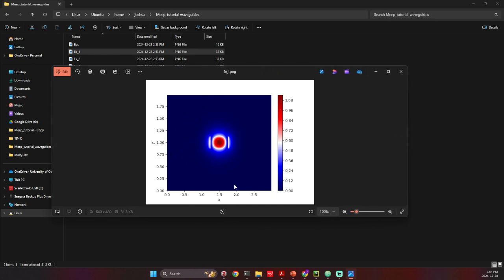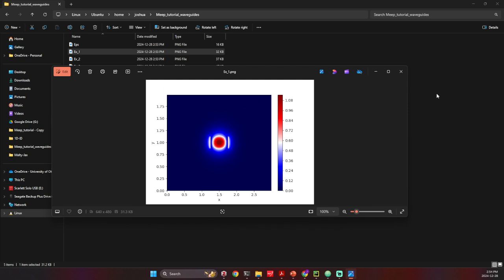The aspect ratio is wrong here because it shows the X and the Y to be the same size. But the X is 3 microns and the Y is 2 microns, so they shouldn't be. But anyway, this is what the electric field looks like in this silicon waveguide. So we can see that most of the electric field is confined in the center of the waveguide. And of course, we have these little lobes outside of the core of our waveguide. But yeah, and then as we go away from the waveguide, the electric field goes to 0. So the light is confined to that